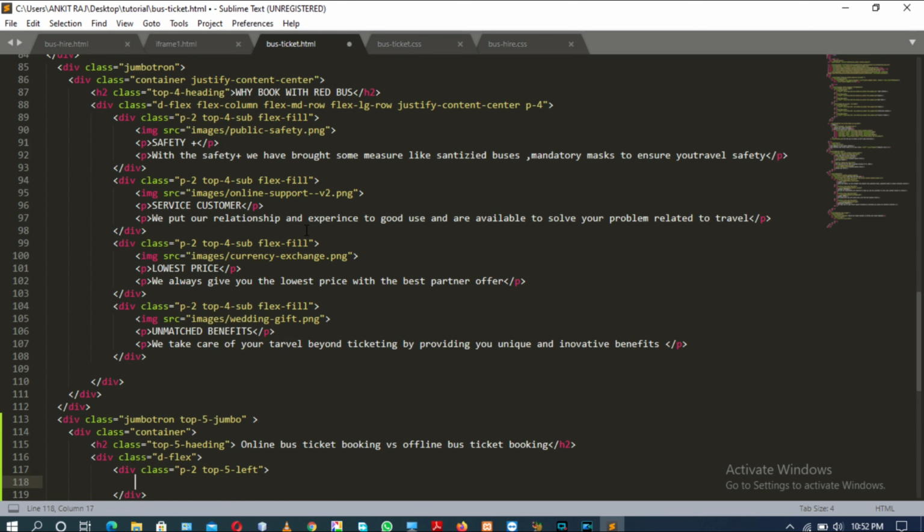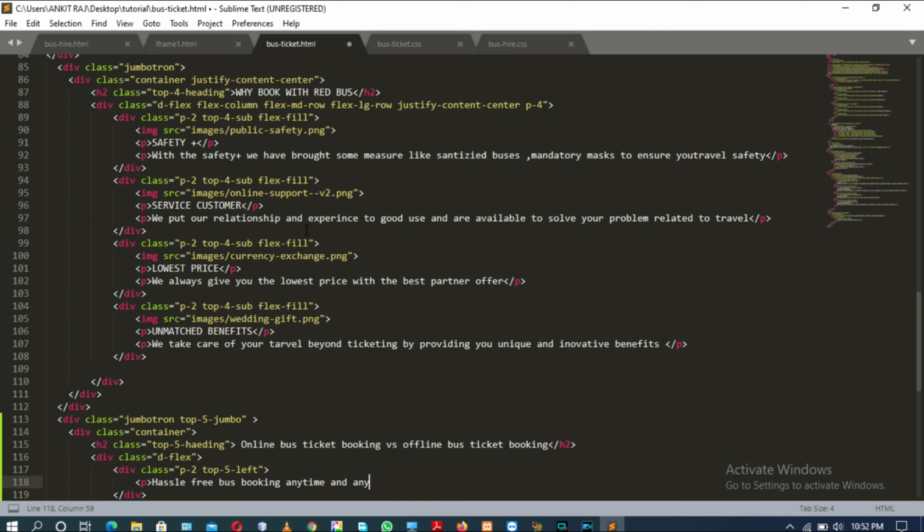The content inside that div tag will be first p tag, and content will be hassle-free bus booking from anywhere and anytime. Hassle-free bus booking anytime. Sorry, spelling mistake, don't mind.